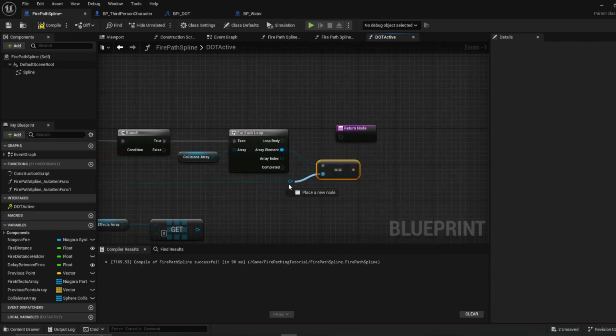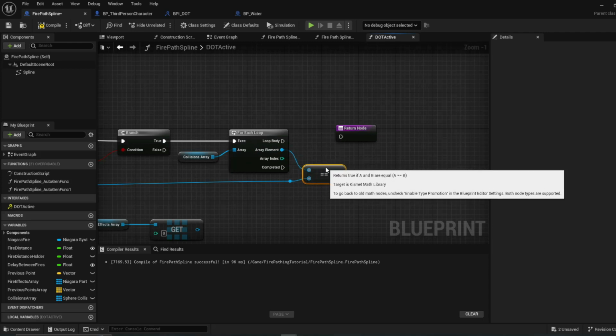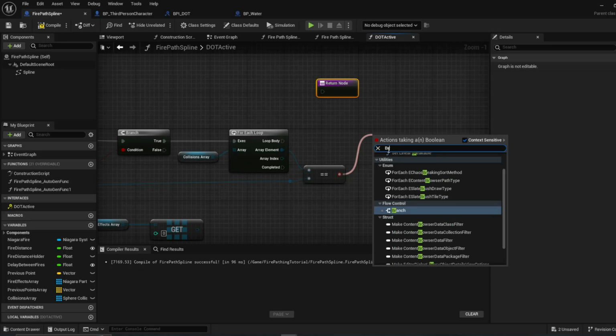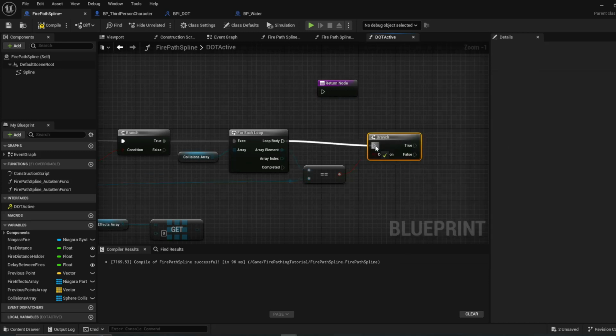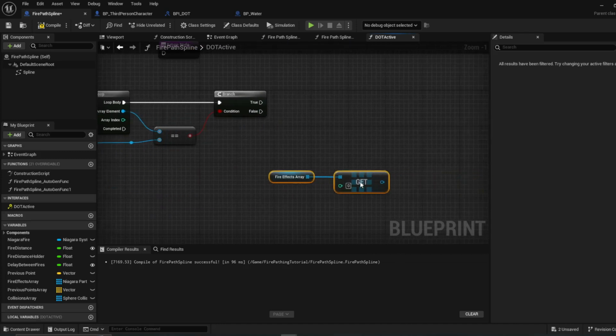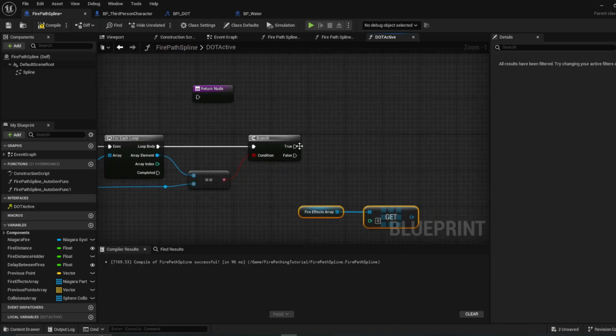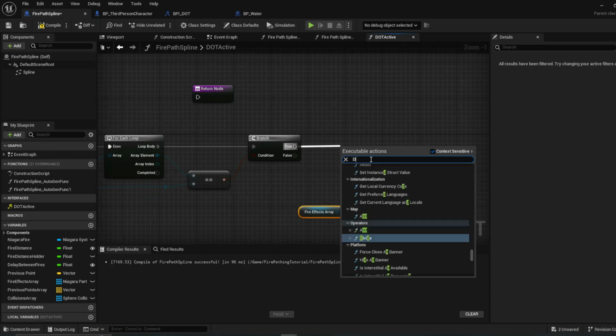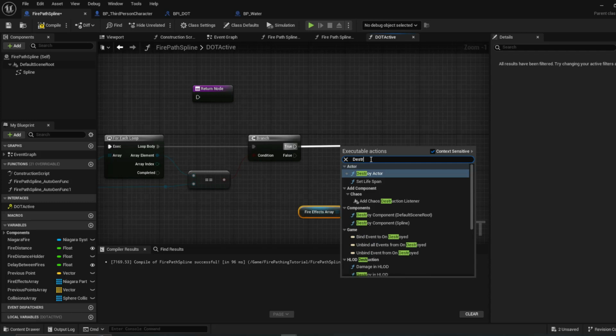I'm gonna swap these real quick. We want the equal component. And then if we get the equal component, we've got two options here. We can either disable it or destroy it. I'm going to choose